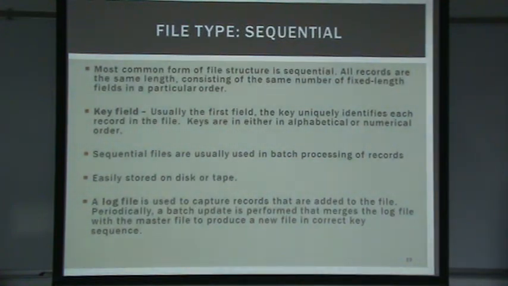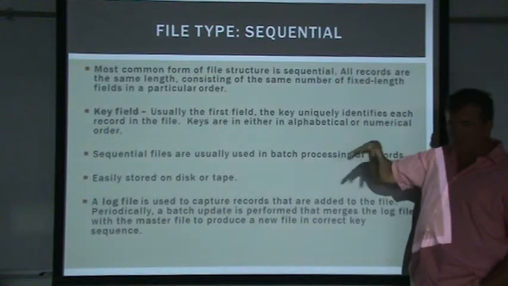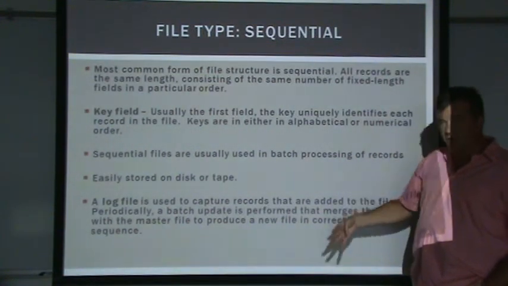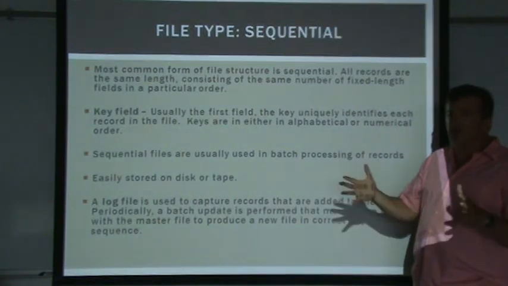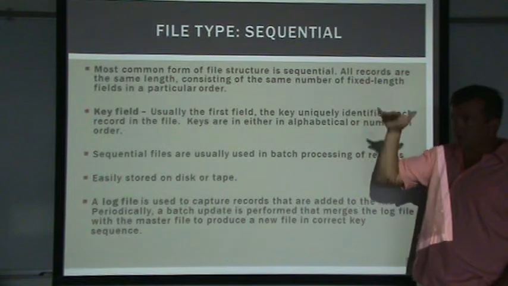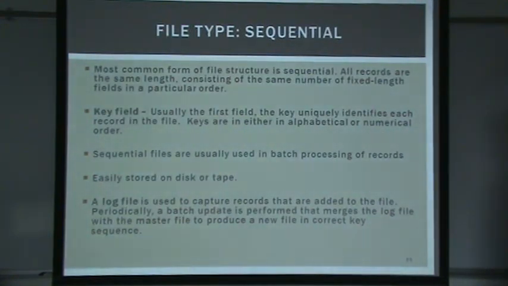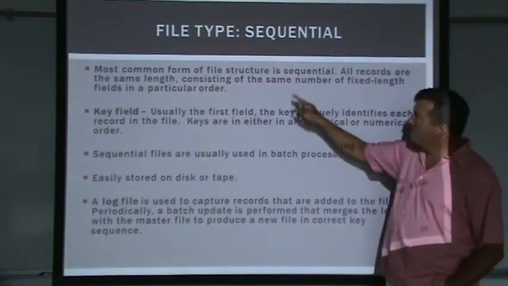Okay, so sequential files. A sequential file is now from the point of view of the user. So it would be like if you wrote a book, your book should be in a certain order. That's not like people being added to a website of yours where you don't really care about the order, all you care about is having all the people. So this is probably the most common. All records are of the same length. We can break them up and scatter them on the disk. They don't have to be sequential on the disk, so this is kind of like a virtual versus real.